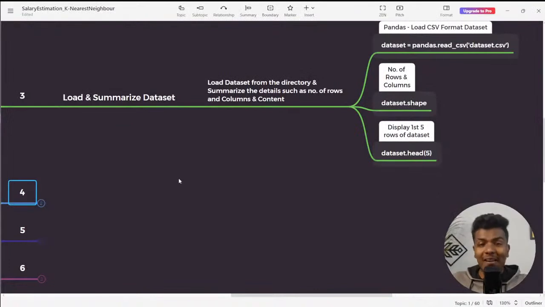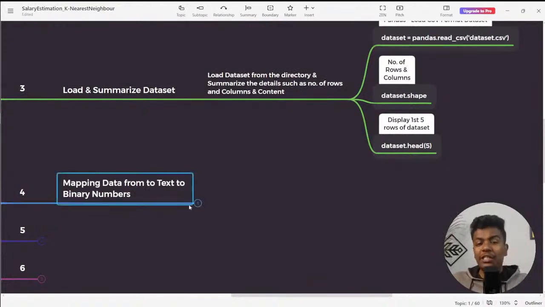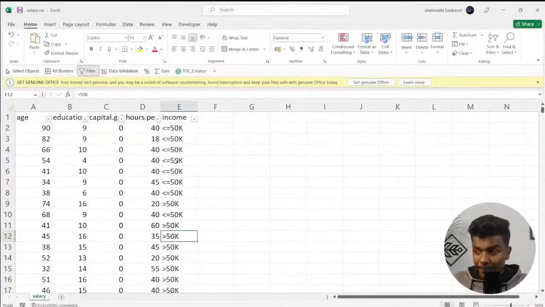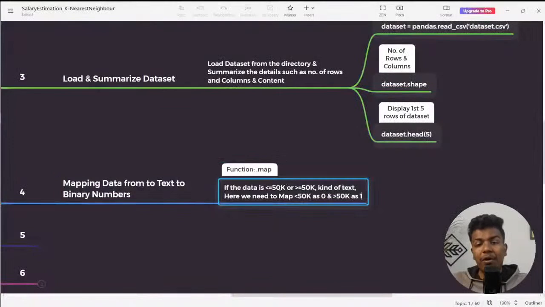I hope you all feel really happy seeing this step-by-step procedure, because you are learning some new stuff each and every day. Yesterday we didn't have these problems, my data set was completely numbers, and we directly proceeded with the project. But in today's session, we have one problem: it is not completely numeric, since my data set has these special characters, alphabet values, and numbers. So we are just going to map the less than or equal to 50k salary